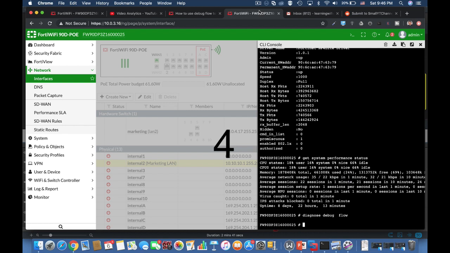Next up is probably one of the best known when you deal with the Fortinet firewall, and that is diagnose debug flow, which actually shows you the flow of your traffic from the CPU perspective. So you have to enable it. Let's enable